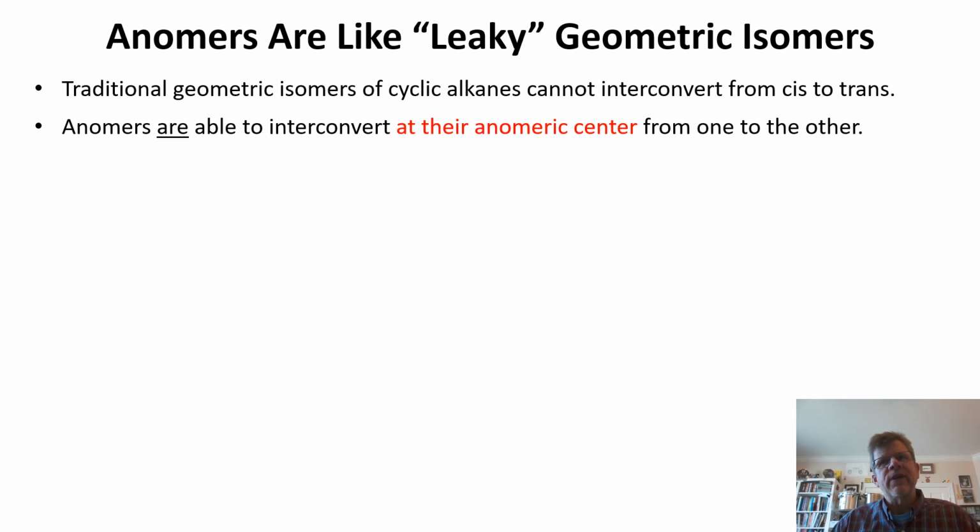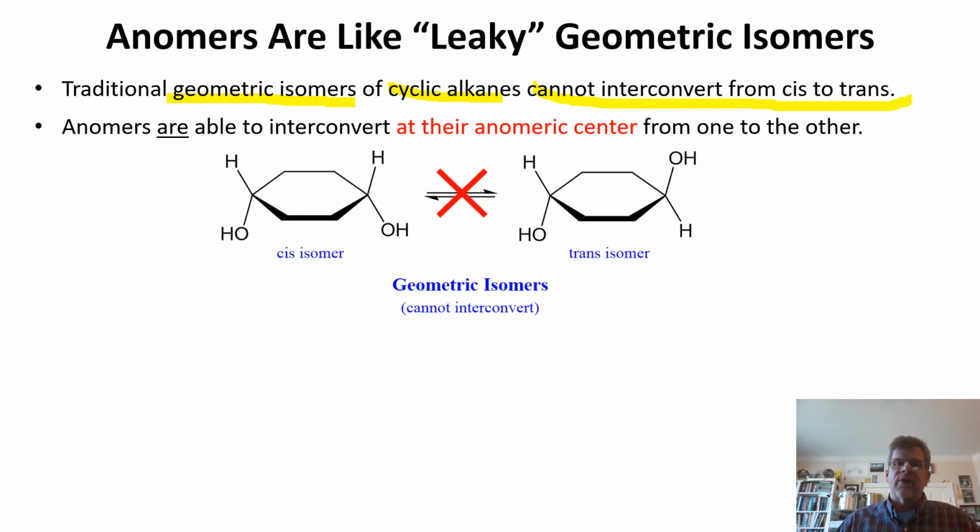Now, locking these anomers from an open chain form into a ring is somewhat familiar to the cyclic structures we saw before in geometric isomers, when we were talking about geometric isomers that we had with cyclic alkanes in particular, which cannot interconvert from cis to trans. Now, if you remember, if we look at this as just a representation, I've cleaned up the general structure of a Haworth projection. This is not a monosaccharide, but just to give